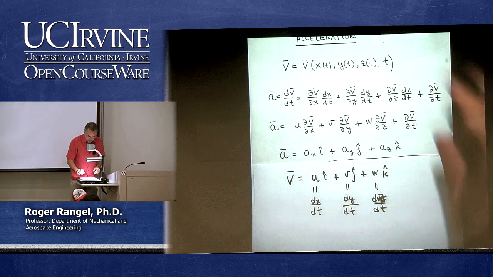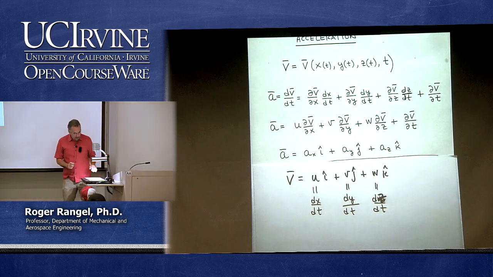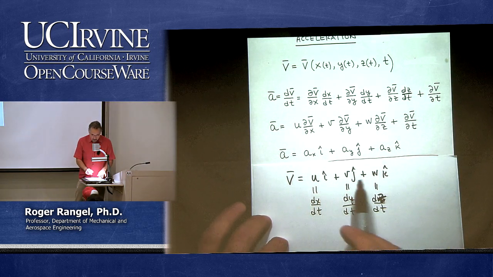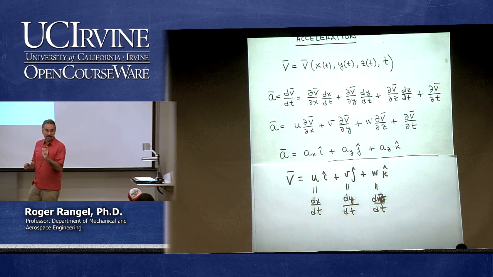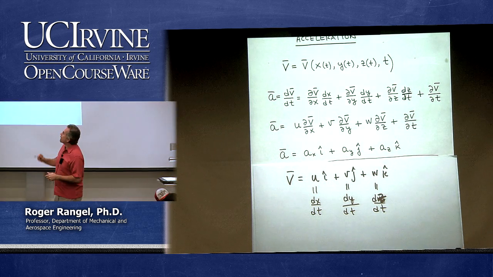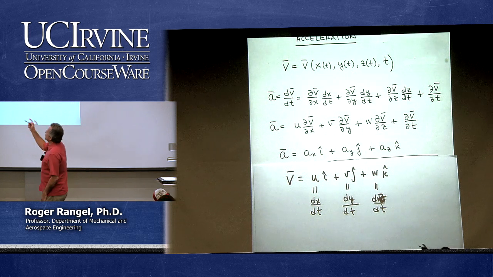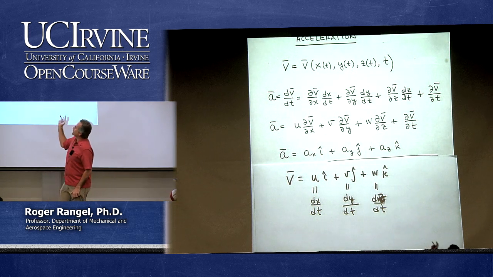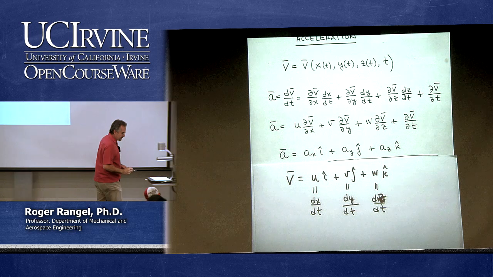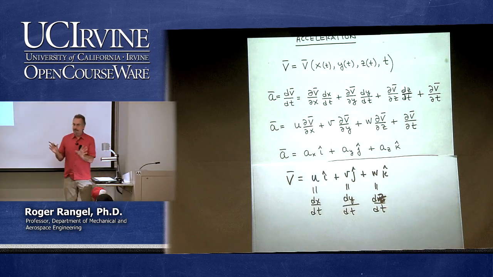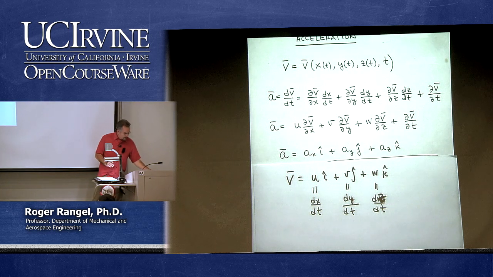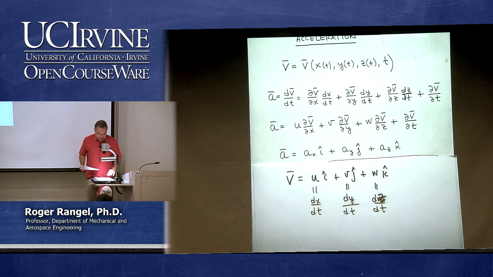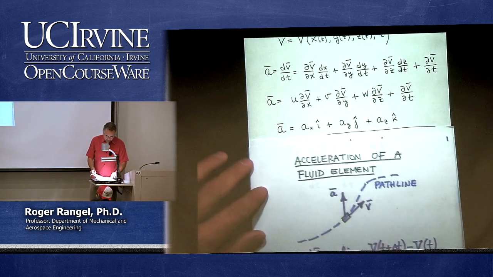So, just like we did with the velocity, that we wrote as having 3 components, we can do the same thing with the acceleration. So we say the acceleration as a vector will have 3 components. It's just we run out of letters, so we use subscripts. So we say a sub x, a sub y, and a sub z are the components of the acceleration vector in the 3 directions.